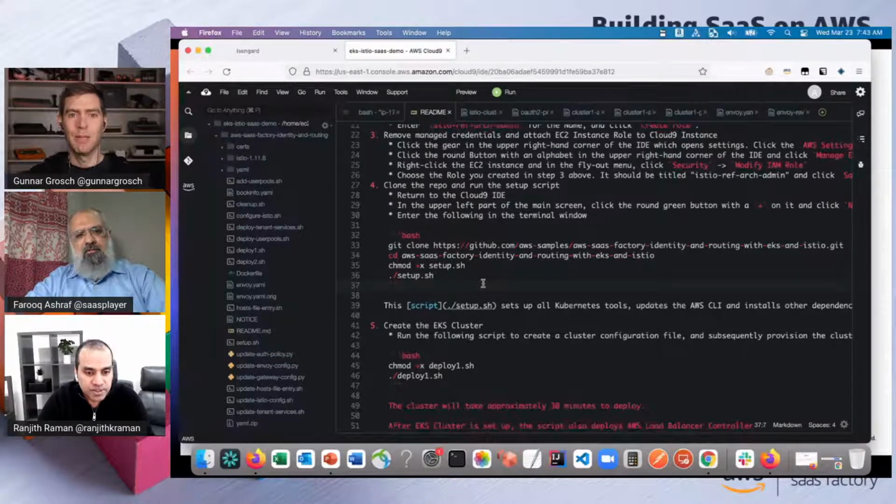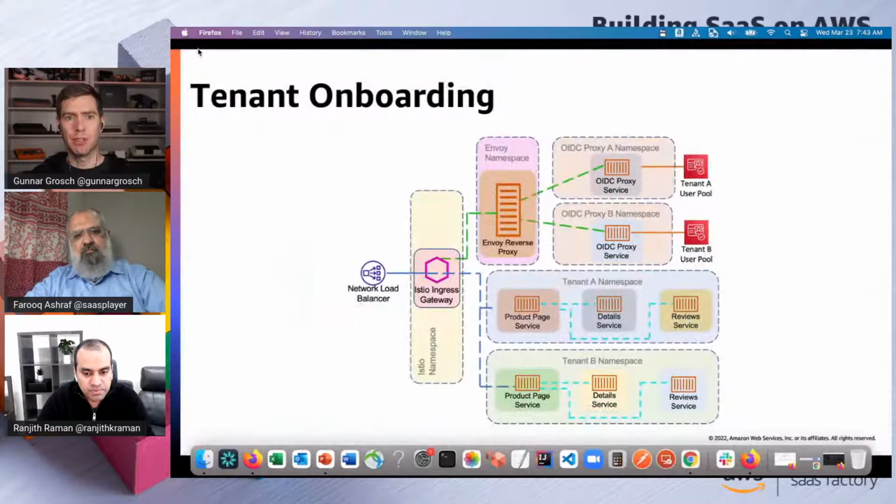Very cool. All right. So now we've done onboarding of a third tenant into our application. Can we also have a look at the request flow when using this solution? Yeah, absolutely.